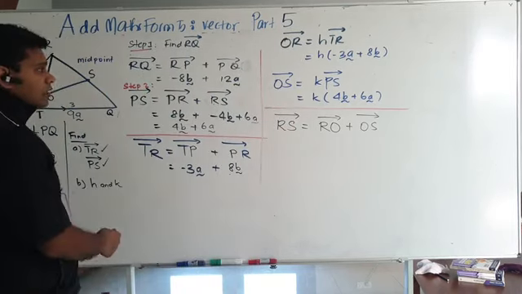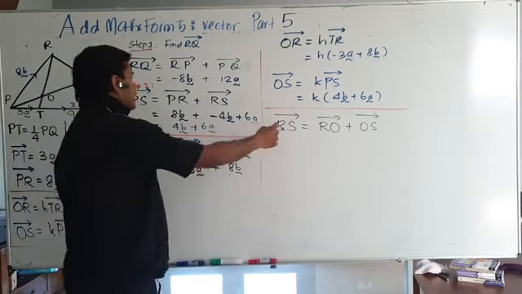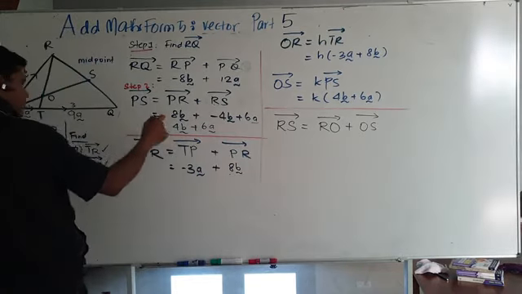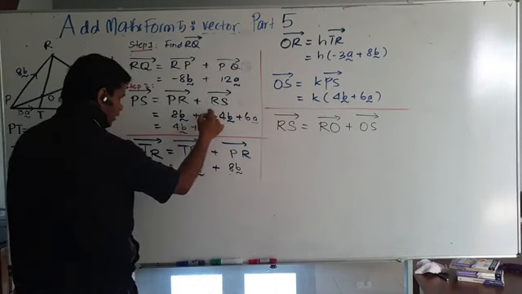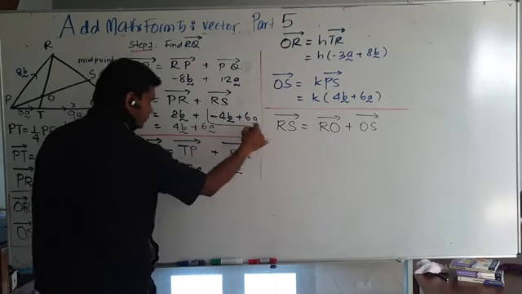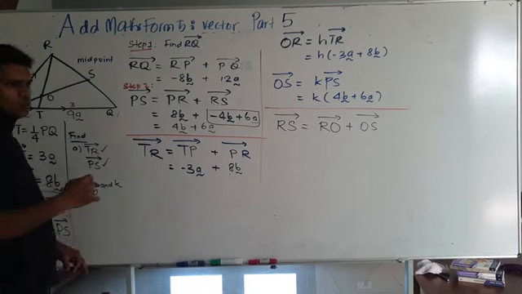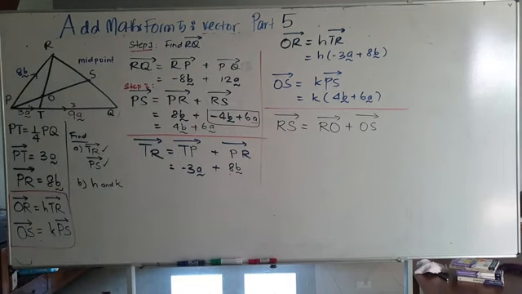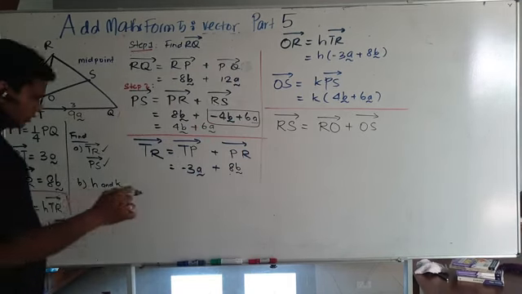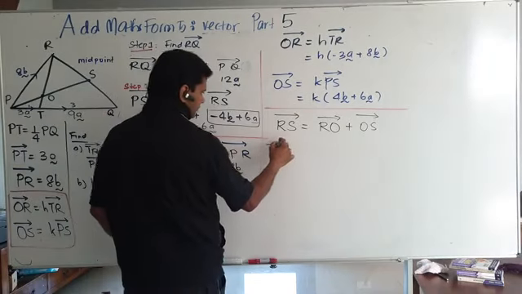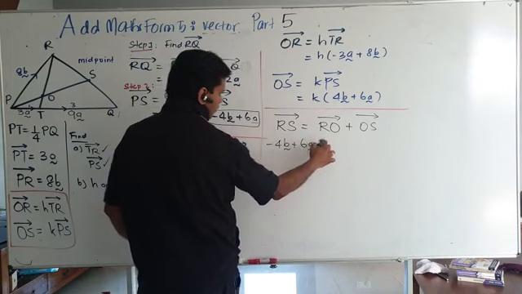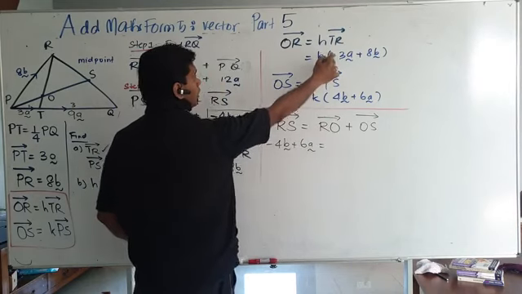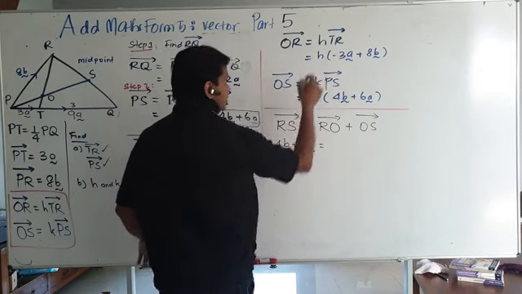You got it? Okay. So now let's substitute inside. What is RS? Do we know what's RS? Yes, we already know what's RS there. Did we find RS somewhere here? RS is this. Okay, so let's put in RS here. What is RO? Here, RO is here. Let's times it in.